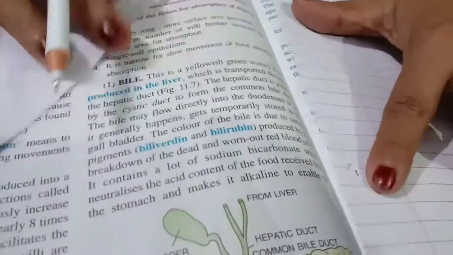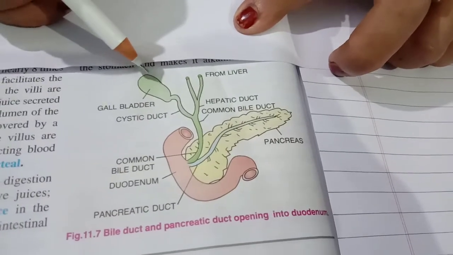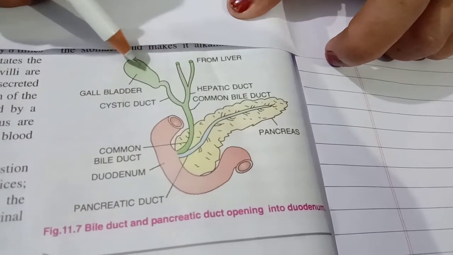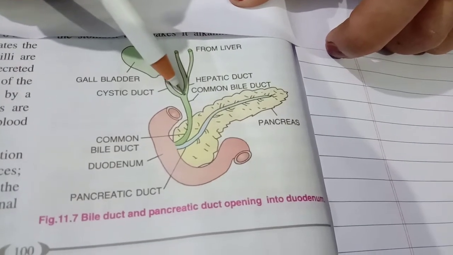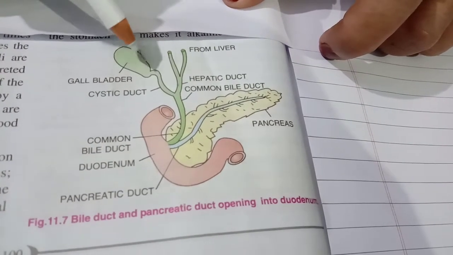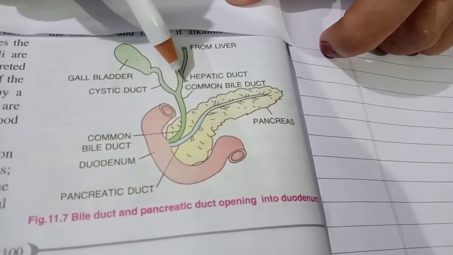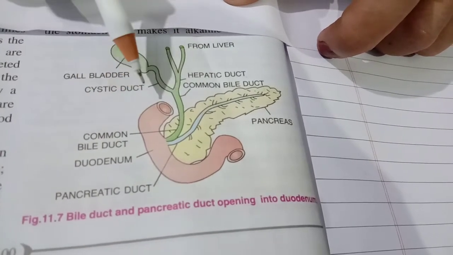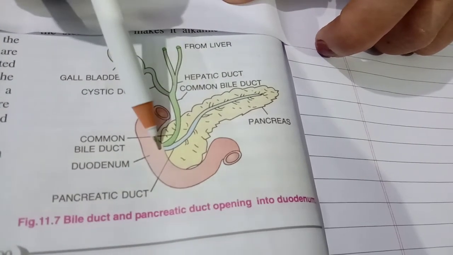Come to the next diagram. See, I was talking about the digestion part. Got it? Here you can find that this is the gallbladder. The bile juice is stored in it, and from the liver, the bile juice passes through the hepatic duct. Got it? This is the cystic duct. When required, the bile juice stored in the gallbladder is poured through the cystic duct. They join the common bile duct, and ultimately they are poured into the duodenum. Meanwhile, the pancreas also secretes pancreatic juice from the pancreatic duct.